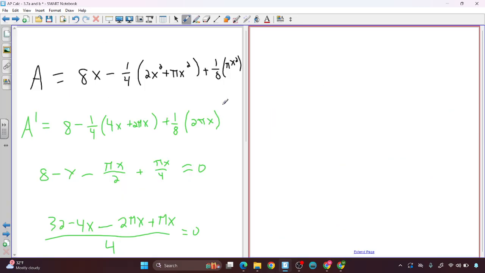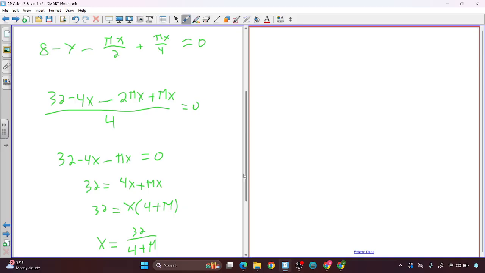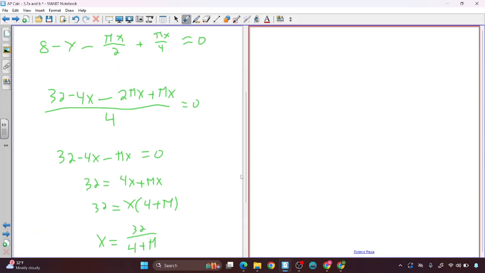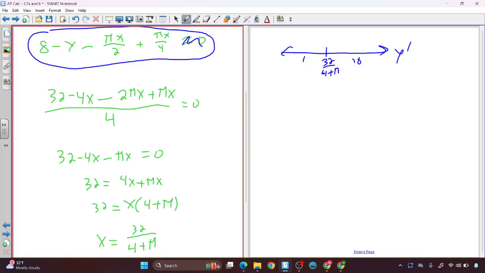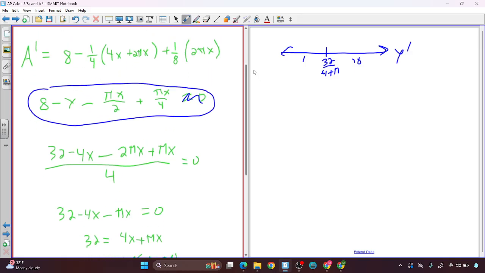Let me try to do this. I think this is the way to do it. All right, I'll just move this over here. And this is the critical number, 32 over 4 plus pi. Okay, so if we put in 1 here, I'm going to try to put it into this. It's not equal to 0 yet. Make sure that that hasn't been really affected too much by our, yep, it's just a simplified version of the